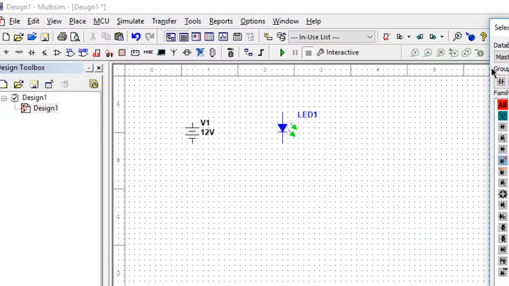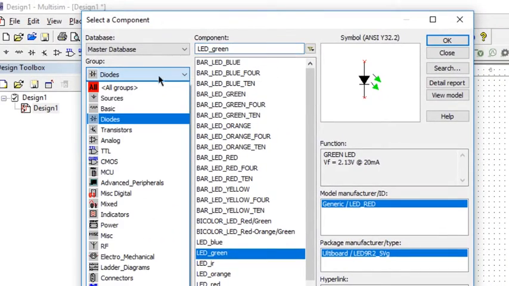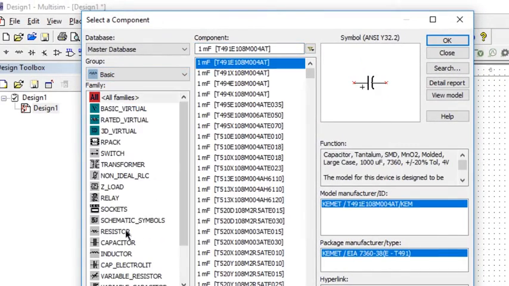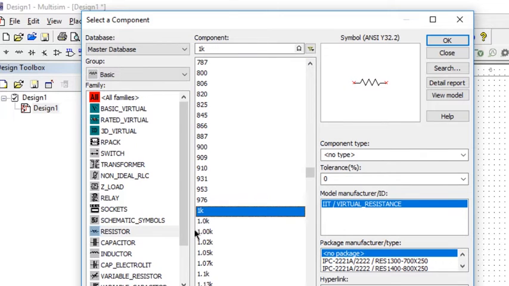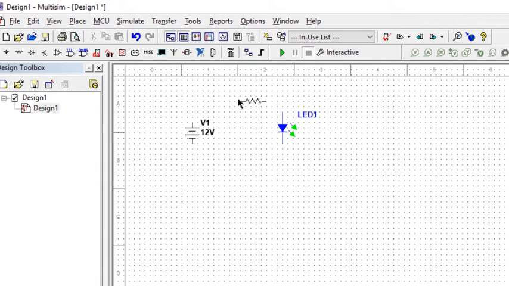In order to protect the LED from the high voltage, let's use a resistor to limit the current flowing into the LED. Select basics, and then select a resistor value. 500 ohms to 3.3 kilo ohms should be fine. The resistor can be connected on either side of the LED because the current flow in a series configuration is always the same. We will look at how they differ from parallel configuration in the next video. But for now the resistor is good to go, and we don't need to worry about the resistor's polarity.